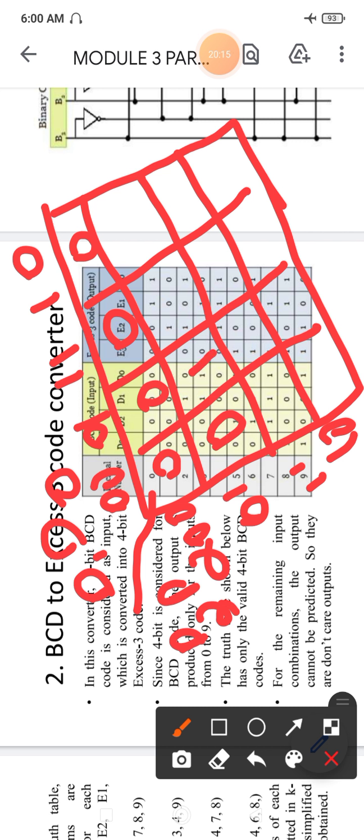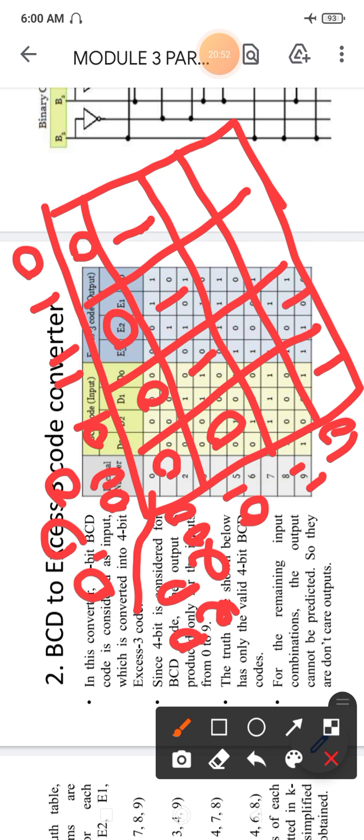For 6, 0110, it will be high. For 7, 0111, it will be high. For 1100 it is not there. The 1000, that is 8, here it will be high. For 9, 1001, it will be 1 here.